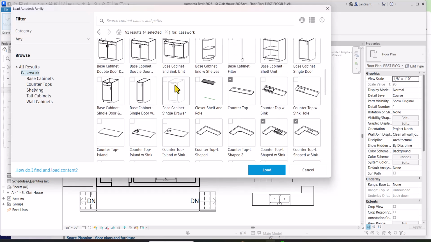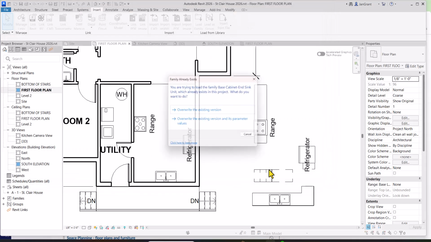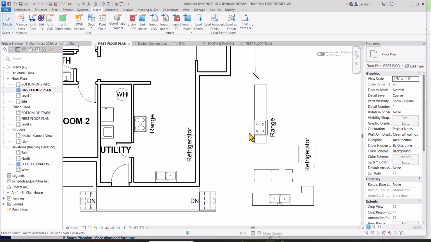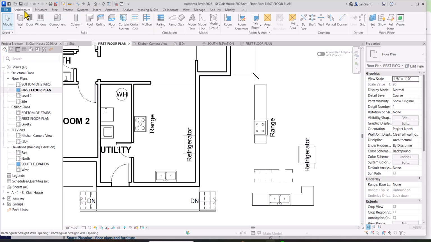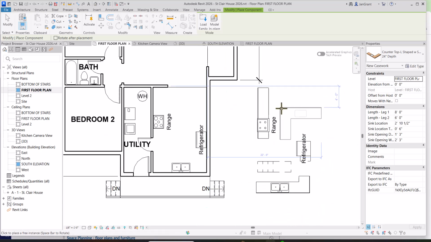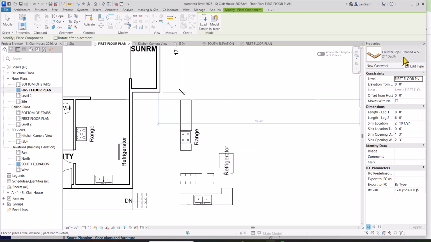Yeah, this takes a little bit of time to figure out which ones you want to bring in here. You can pick the ones that you want, and then when you load it, you can pick the sizes. Let me see, load it. Once you load it, it's going to ask to override. I don't need to override any of those. I think a lot of these I have to override because they're already loaded. So when you go to architecture and down to component and place a component, these are loaded in place. So I think I may have used this one. So I'm going to go with the countertop